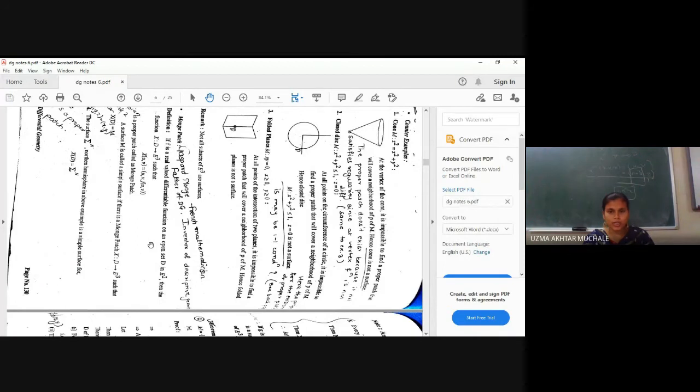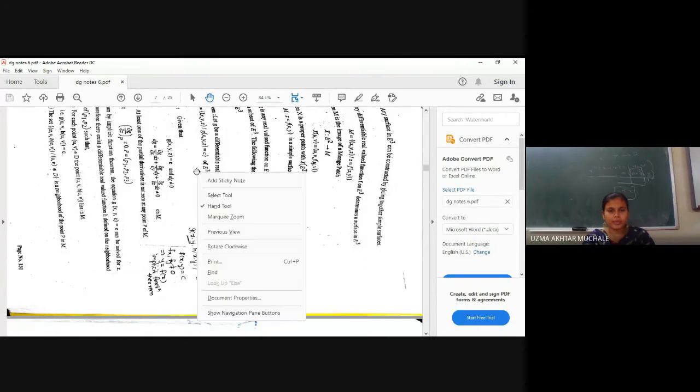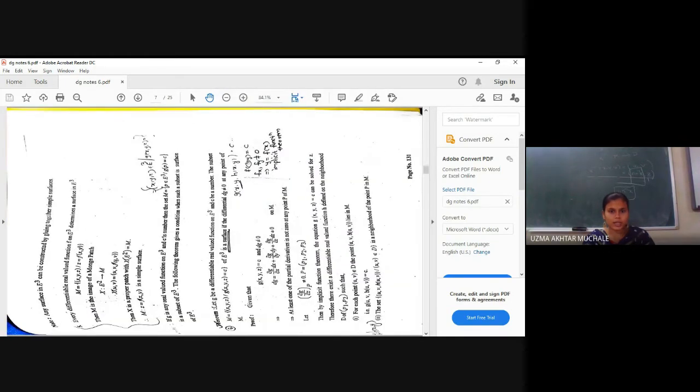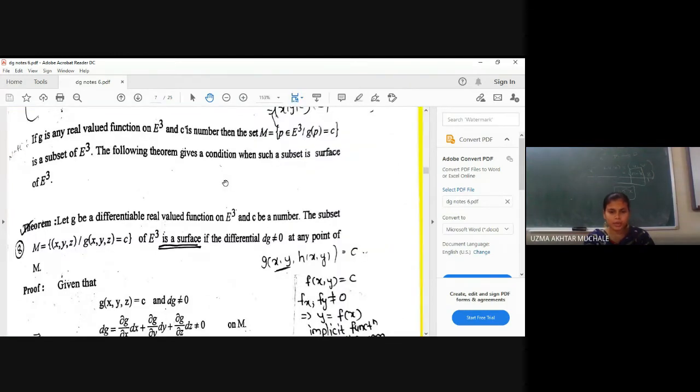That is, cone is not an example because if you take a cone, you cannot find out a neighborhood which is entirely contained in M. What is M in this case? It is a cone. In the example of disk and the example of a folded plane, just take your notebook and put it in the form of a folded plane. At the corner part, you cannot find out the neighborhood, or rather, if you are able to find out what is the neighborhood, still that neighborhood is not entirely contained in your surface or entirely contained in the geometric object.